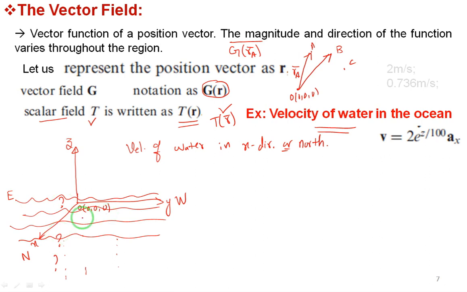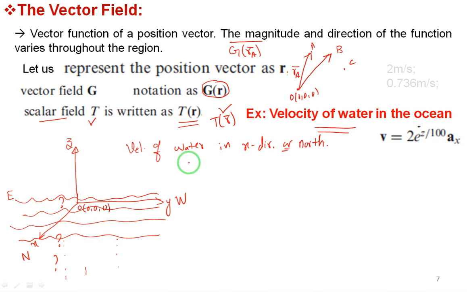As we already said, the vector field will vary in both magnitude and direction in the region or space. Region or space here means the entire ocean, right? It may be from the depth to the surface. I can take a point anywhere and find out the velocity of the water either at the surface, at the bottom, 50 meters below, or 100 meters, 200, and so on, right?